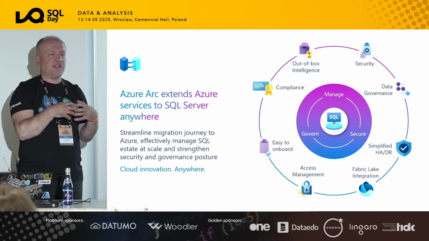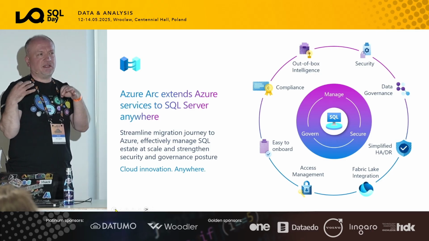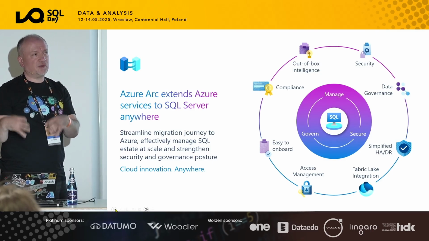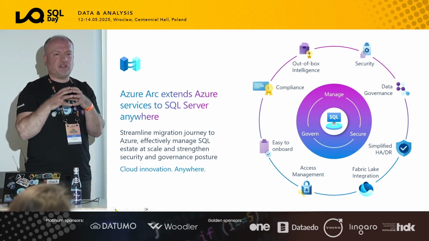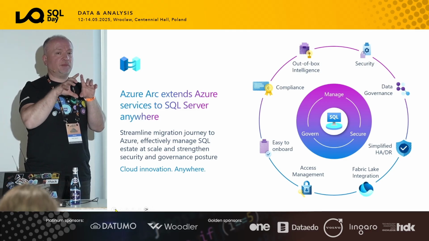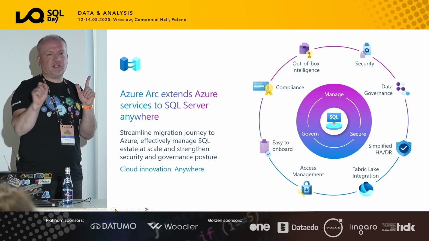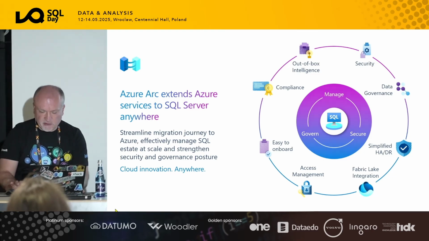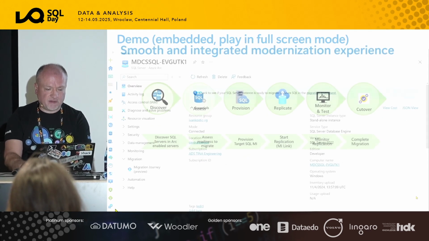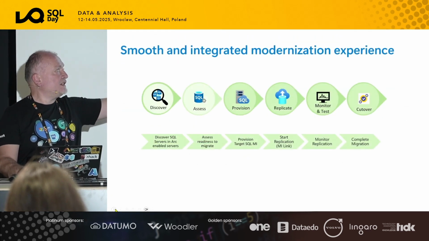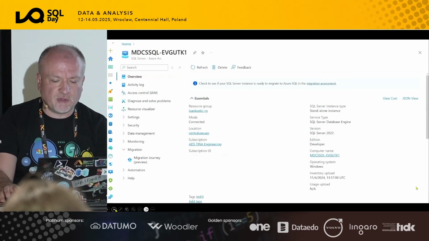So for all the on-prem SQL Servers that are Arc-enabled, what we're building right now, which is in private preview and is going to be in public preview very, very soon, is a unified migrations experience where from a single place in the portal, you'd be able to do all the migration steps. So I'm going to jump right into it. All the steps would mean discover, assess, provision, replicate, monitor, and cut over. So very quickly,